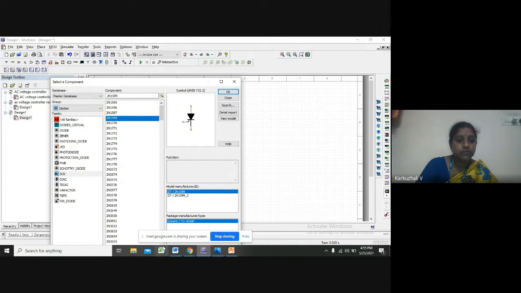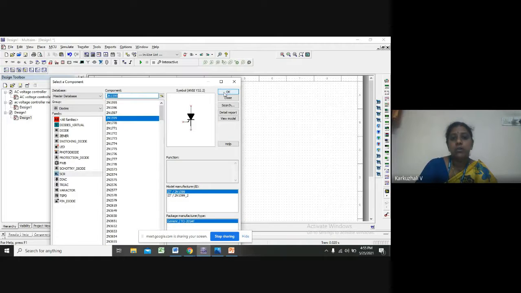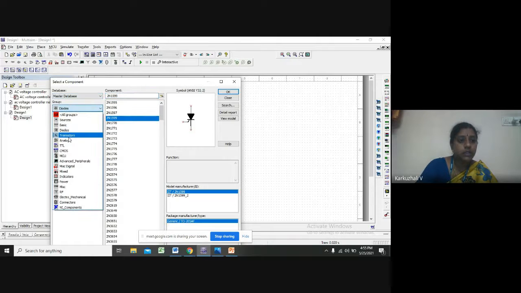In the diode, you can see the SCR, the 2N1595. Any SCR you can take. So I'll place one SCR. I require one more SCR, so I'll place the other SCR. Then after that, we require a pulse generator. So the pulse generator, that is available in the basics